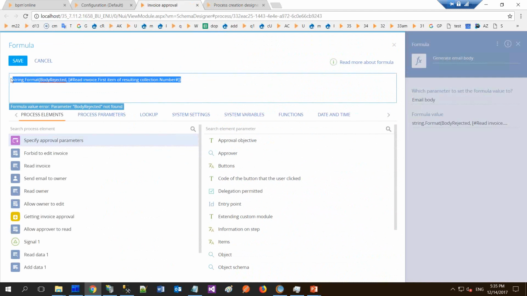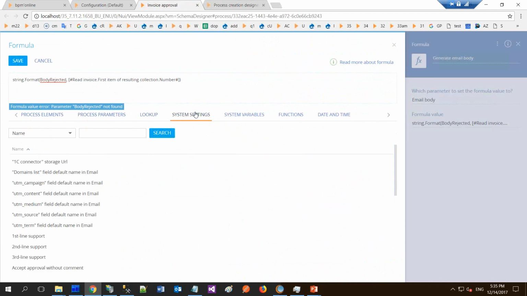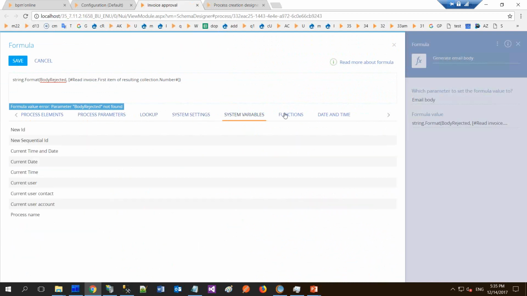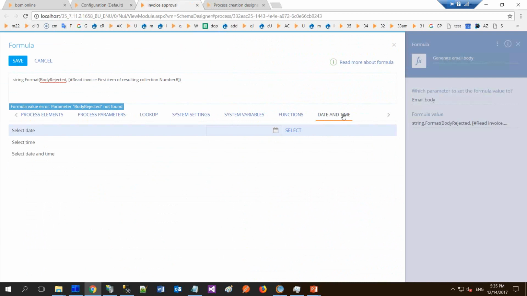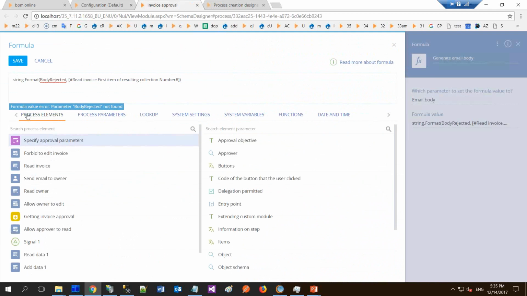You can use process elements, process parameters, values inside formula expression, some lookup values, system settings, variables, and even functions and special date and time operators. So formula is a very universal tool. You can use even some methods for abstract